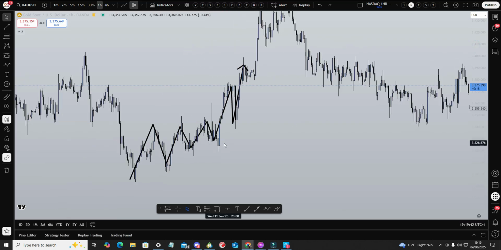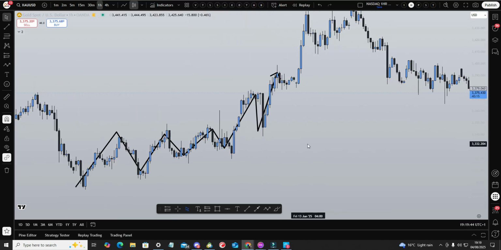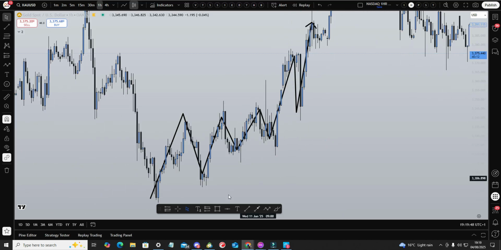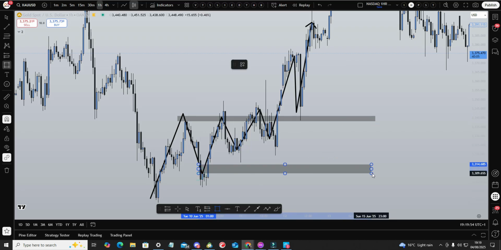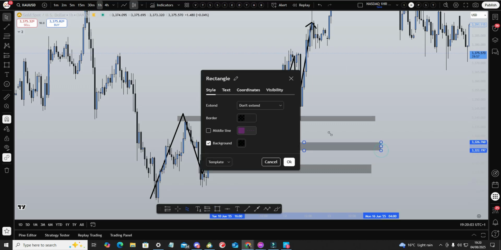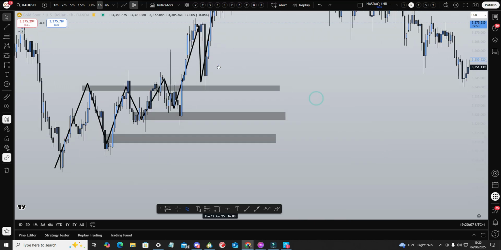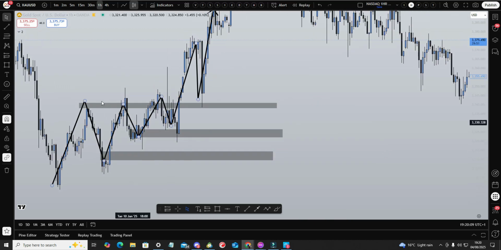So even if I was to draw the zones of this, where would you even start? Because look at this. Even if I marked off this one here, look at this. There's nothing to work from. Well, this one pretty much respects this one. But again, the only good sign that you probably could get